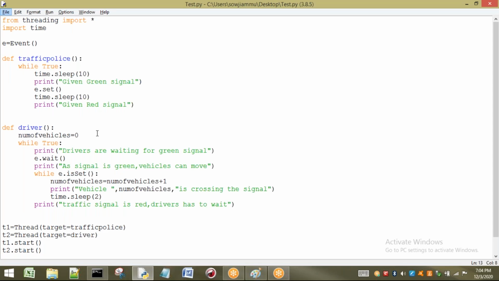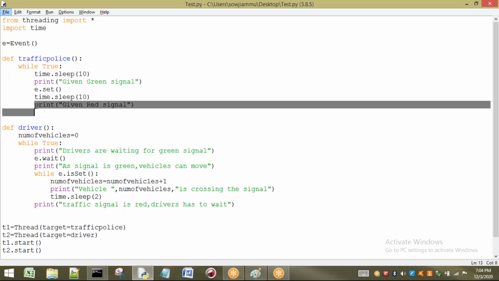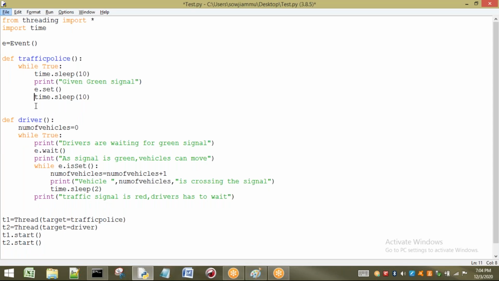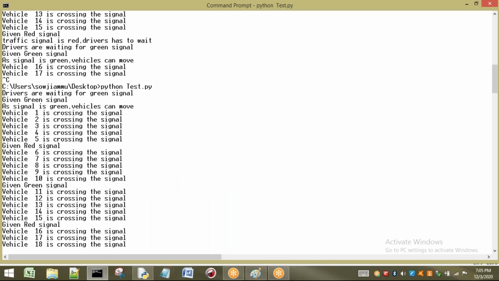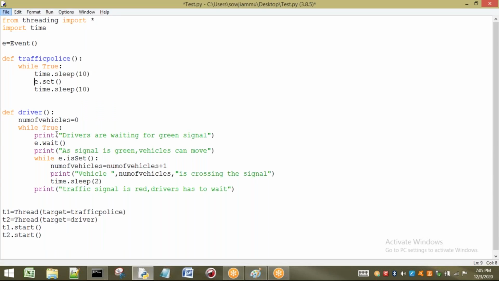If I remove these statements giving the red signal, what happens? It keeps on executing only, because I'm not giving any red signal. Red signal means e dot clear. I am not telling anybody to stop execution. If I want to stop the execution of any thread, I have to apply e dot clear. E dot set means